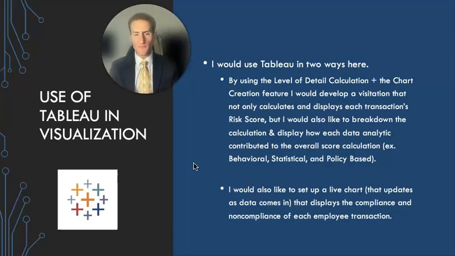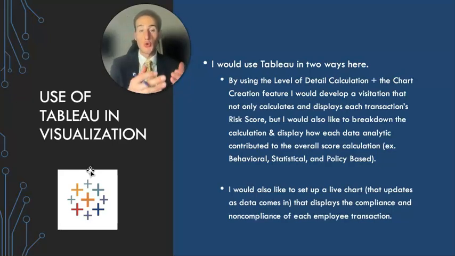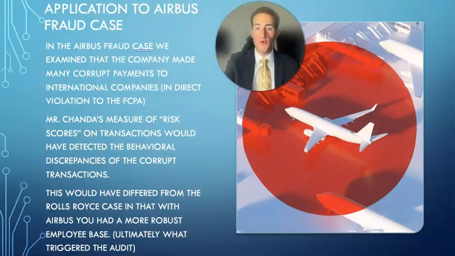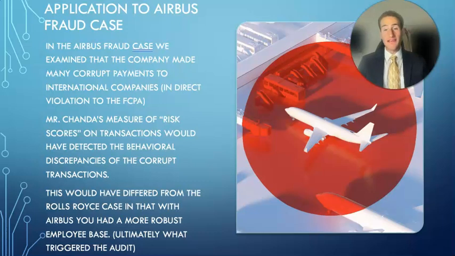Like, for example, when on the payroll, employees were being paid on the weekends, which is in violation of the company policy. Companies should understand that, managers should see that, and I think Tableau, by providing a live chart, will be able to help managers better understand that. And obviously, as it relates to Mr. Chanda's analysis, when this happens, the employee, if fired, can prevent them from committing further non-compliant acts, which could include bribery, corruption, and fraud.